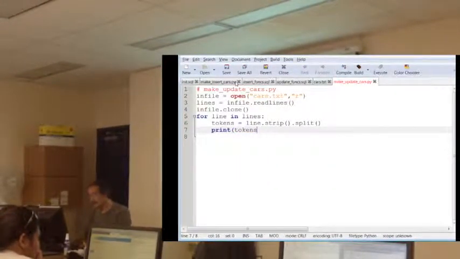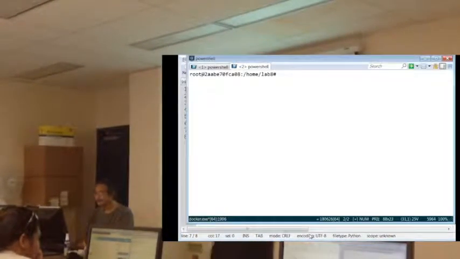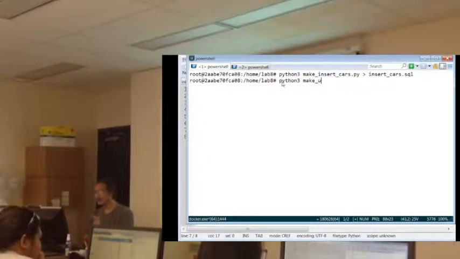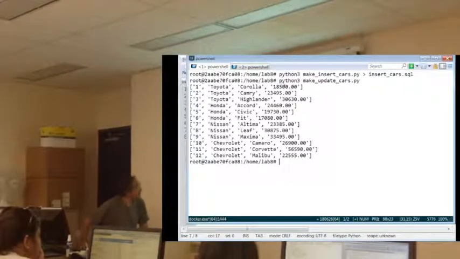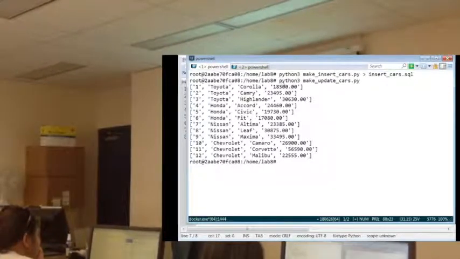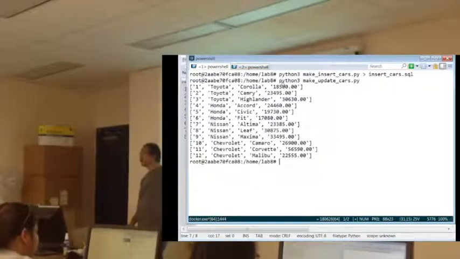And then let's just run this. Well, actually, I could run either one. So Python 3, make update cars.py, and so it does this. Okay, so the basic idea is split apart now, right? In tokens, index 0 is the ID, we don't need that. Make is index 1, model is index 2, price is index 3, but this time you need to convert price